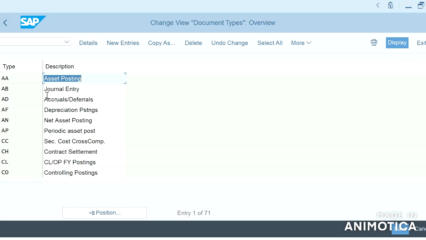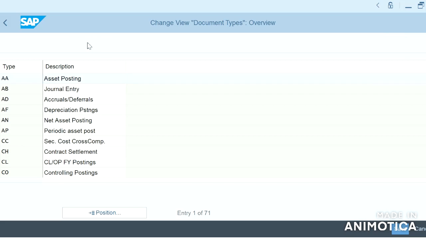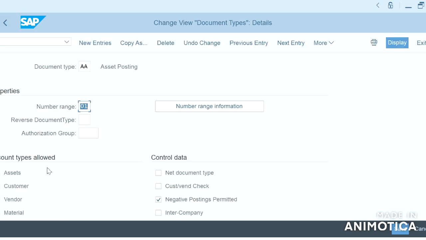So what does the document type actually determine? It determines the number ranges for the documents, and it also controls the account types which are allowed for postings, for example assets, customers, vendors, material. So what kind of account types are allowed in this document type?